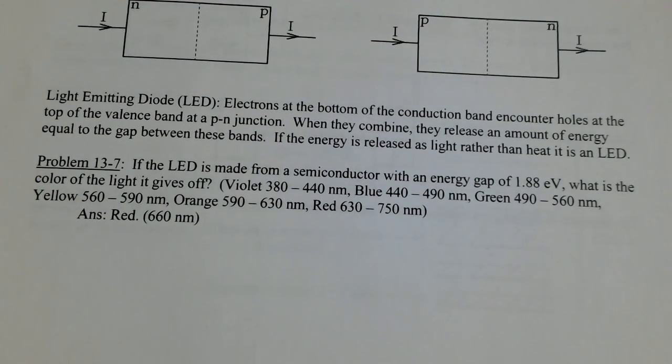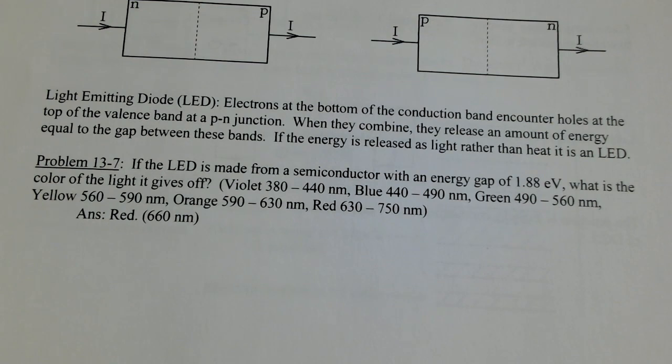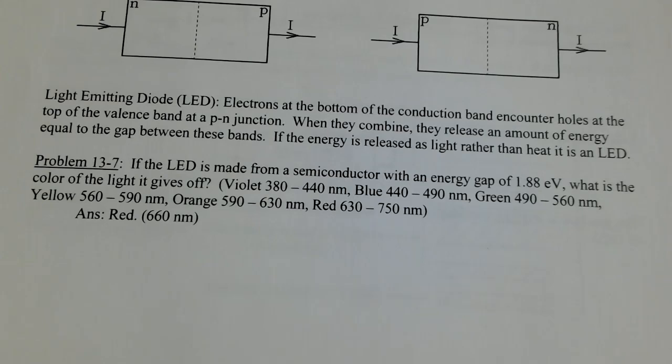LED, a light emitting diode. When I was talking about using diodes to make AC into DC before, diodes that are used for that purpose, any energy that's lost by the current flowing through it is made into heat. But if you make a diode out of the right materials, then they will give off energy in the form of light instead. And that's a light emitting diode, which is becoming a pretty important technology, actually. So